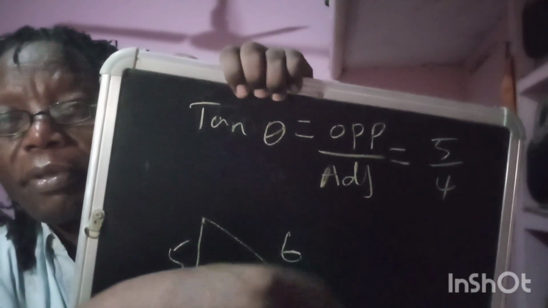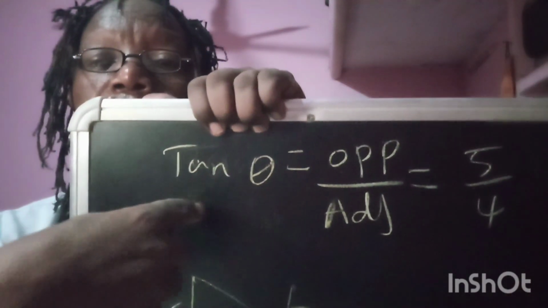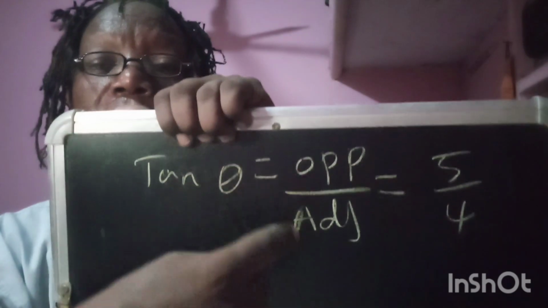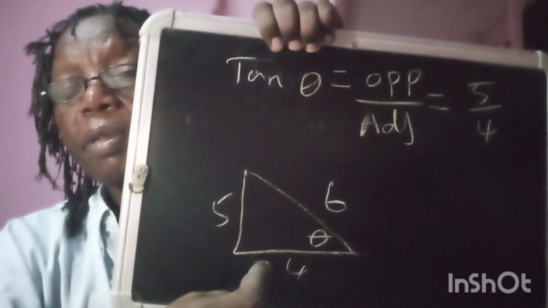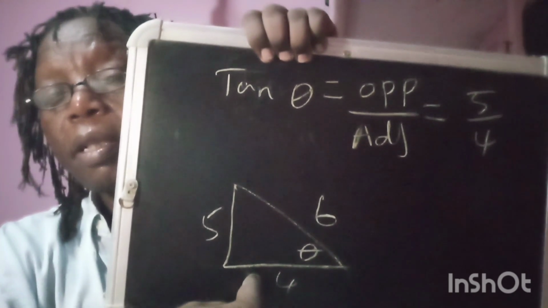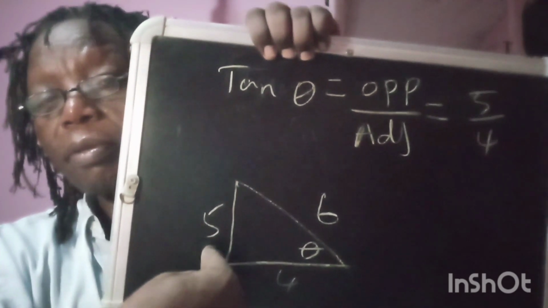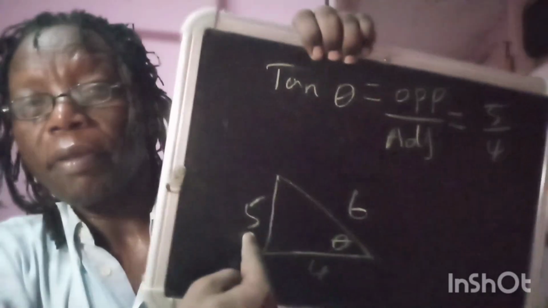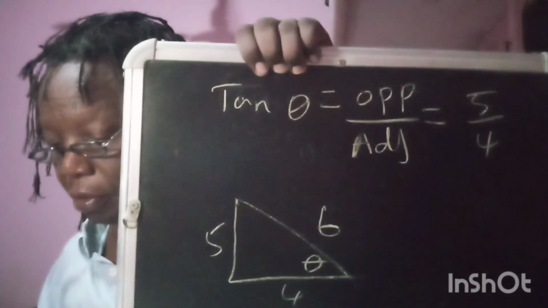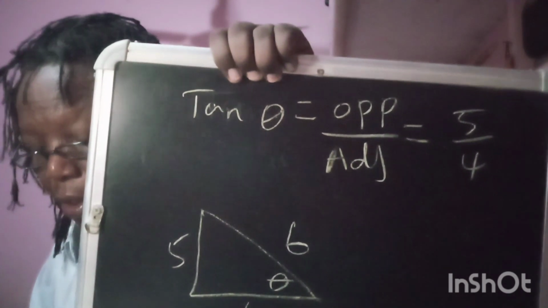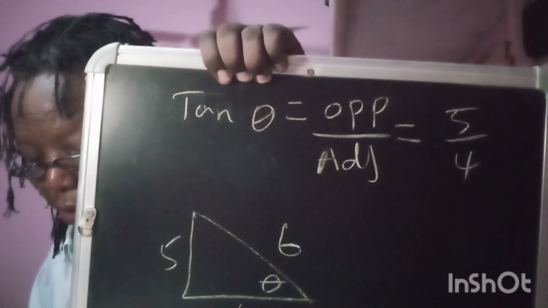Tan theta is equal to opposite over adjacent. I really confused this. I'm also human, I make mistakes. Tangent, tan theta is equal to opposite over adjacent. Opposite is this one, and adjacent is this one. So according to this, you see this is 5 and this is 4, so it's going to be 5 over 4. So you've seen that,